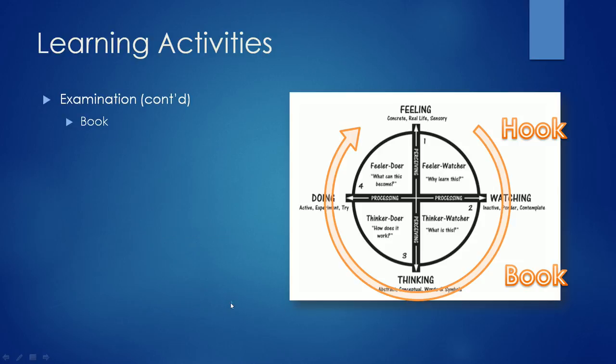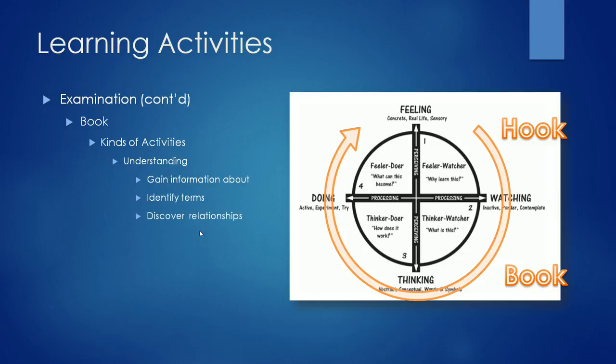Now, the kinds of activities that we might use for the book learning. For understanding, we know that if they gain information about that topic, there's a rise in understanding. If they identify terms, if they discover relationships, these are all principles that are on the sheets that I gave you. For attitude, if I want to have them understand the essence of what I'm teaching about attitude,